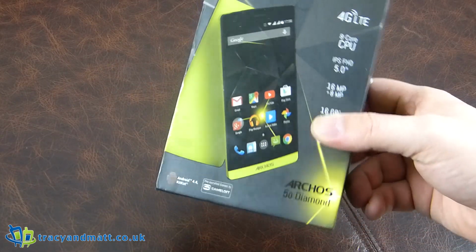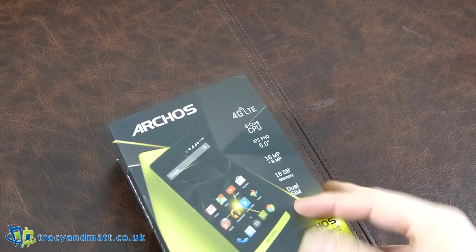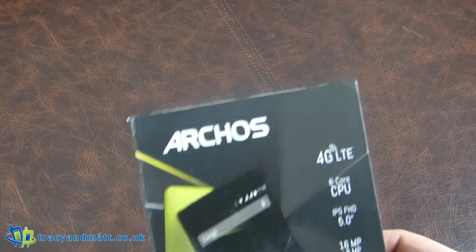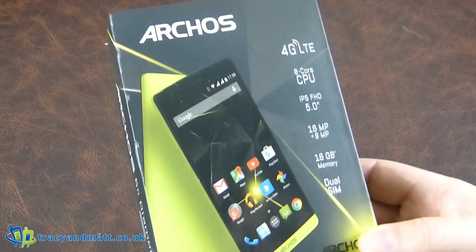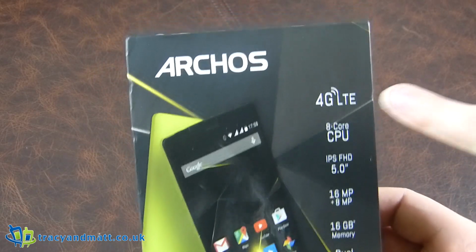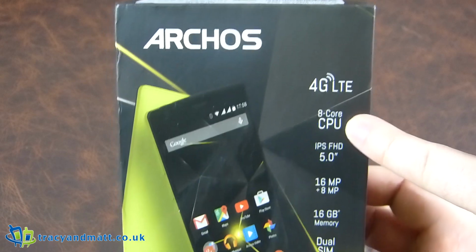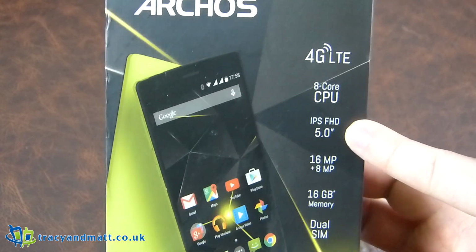Sorry, you can barely see that there. Well, I suppose the light can help. This is a beautiful little phone by Archos, who are a bit of a game changer whenever it comes to cheap phones and quality. So here we have a 4G LTE device with an octa-core processor inside it, IPS Full HD